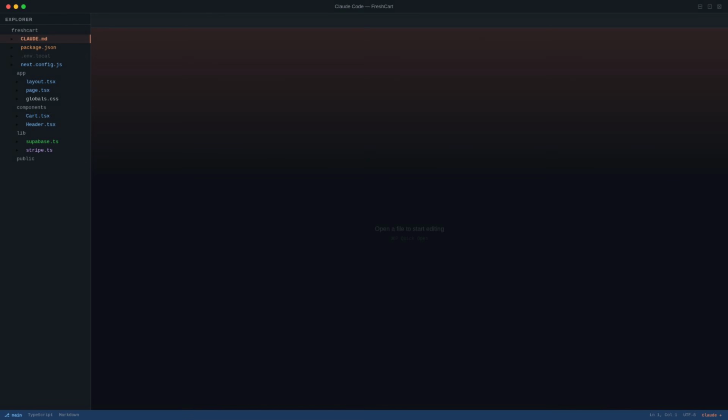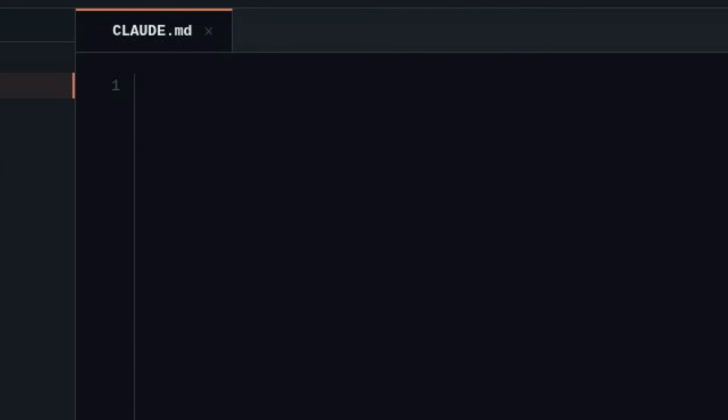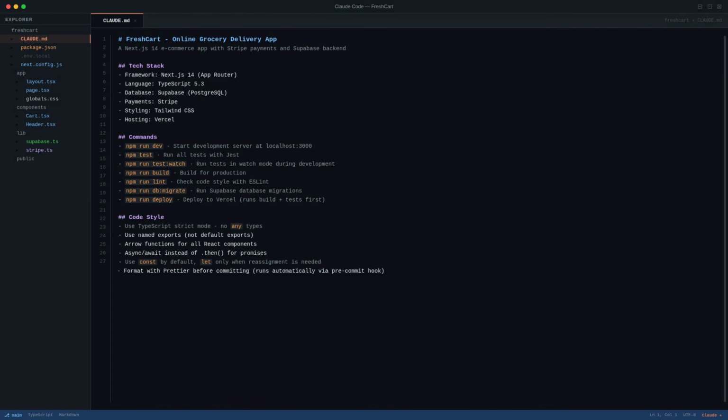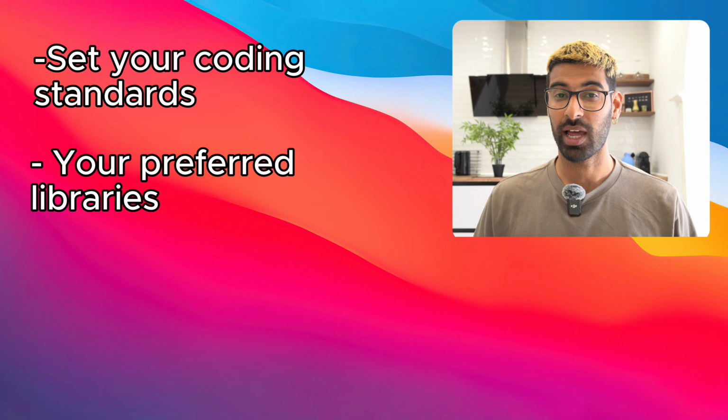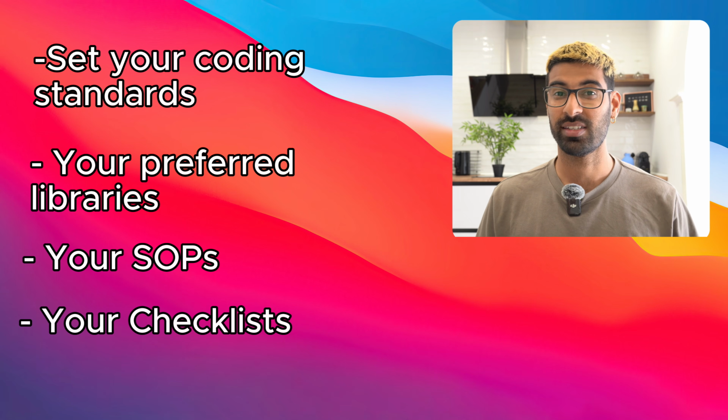And this is exactly why most people use this thing called the CLAUDE.md file. The CLAUDE.md file is essentially a markdown file, just like this one, that you add to your project root so that Claude reads it at the beginning of every session. And you can use this to set your coding standards, your preferred libraries, your SOPs, checklists, and so much more. So in short, it is a set of instructions for Claude to always behave within your framework of ways of